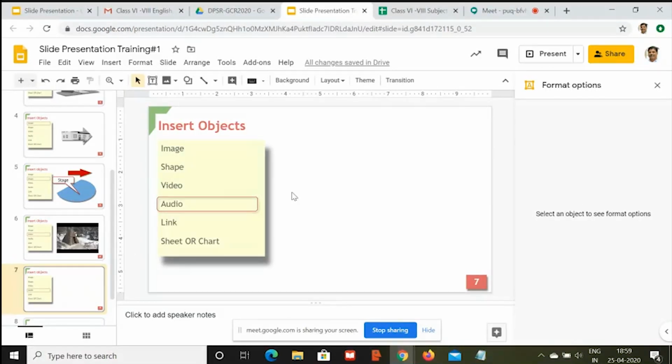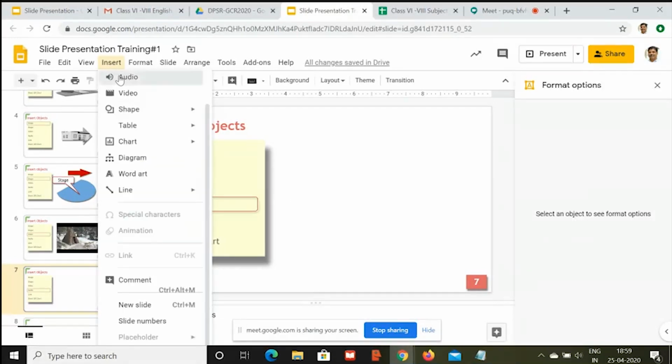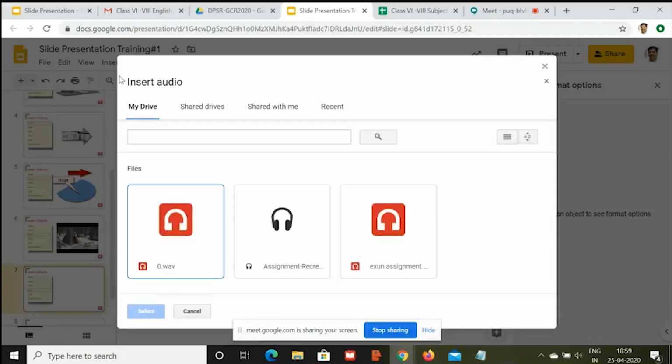So English teachers can very well do that in some play mode they have recorded their voice, and then later on in their own lesson, if they want to integrate that voice, they can integrate that voice. And for that, once again, we'll be clicking on insert and we'll be clicking on audio. Now here you can keep your own audios in your Google Drive.